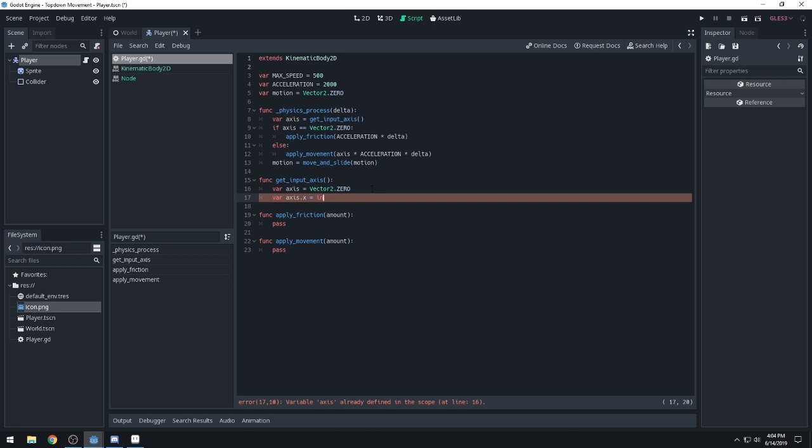Well, let's just do this. Input.is_action_pressed("ui_right") minus Input.is_action_pressed("ui_left"). Okay, this is something that I would do in GameMaker a lot of the time, which is a very common